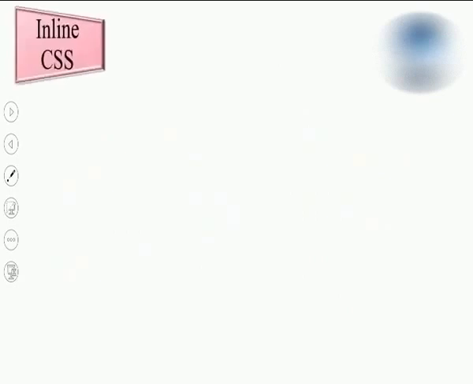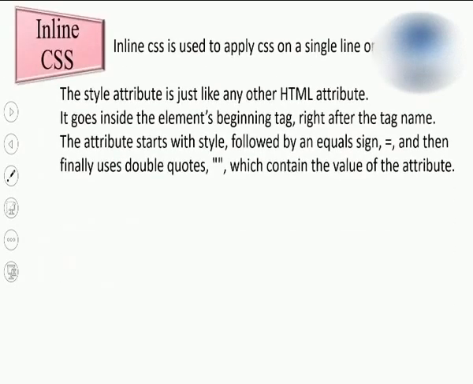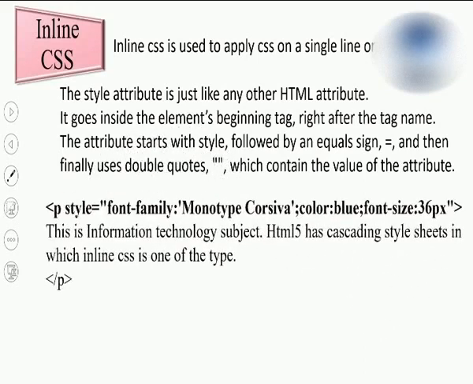So inline CSS we will begin with. Inline CSS means if you want to apply CSS for a single HTML element, for a paragraph or for a heading, you want to apply a particular style. So you can apply that by specifying that in that tag itself. For example, over here I have specified a style for the paragraph. For specifying the style to the paragraph, observe over here the style attribute I wrote. So this style attribute is important to write along with the tag.